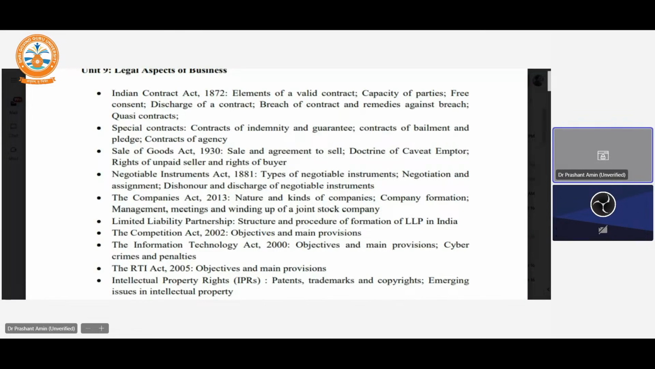Now, if you look at our second syllabus PPT, I presume that you are able to see that, right? So the first topic is Indian Contract Act 1872. We are trying to understand all the elements of the valid contract, capacity of the party, free consent, discharge of the contract, breach of the contract, remedies, and the breach of the quasi contract, right? So let me touch upon this first act, Indian Contract Act